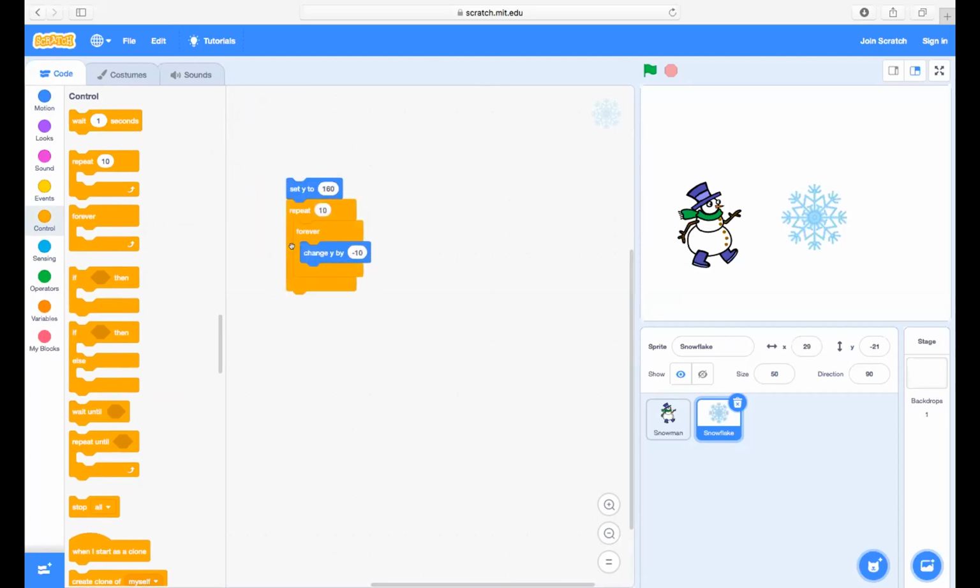This set Y. Let's try it again. Now let's do one by one. Again, we have to do everything. Can you just remove this? Very good. Repeat 10. So over here, go to motion.